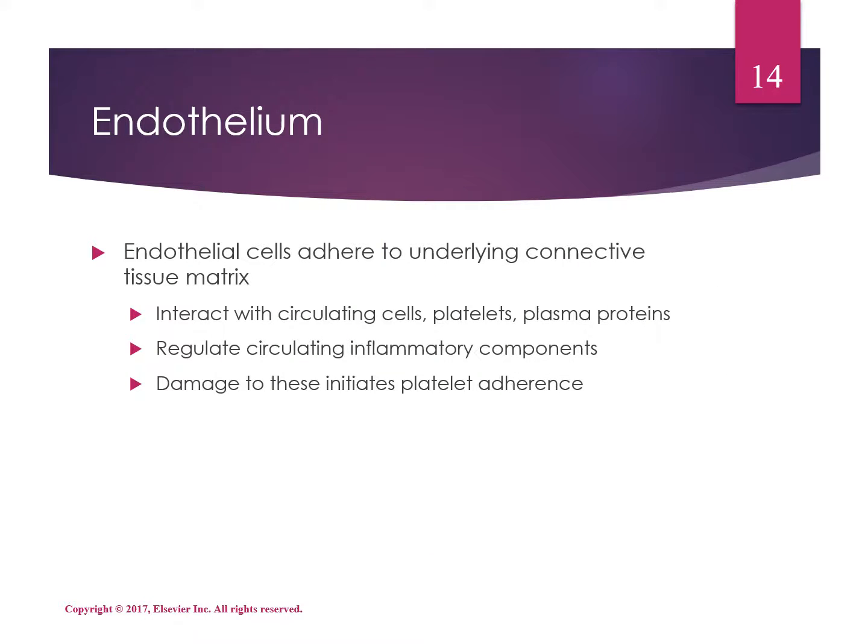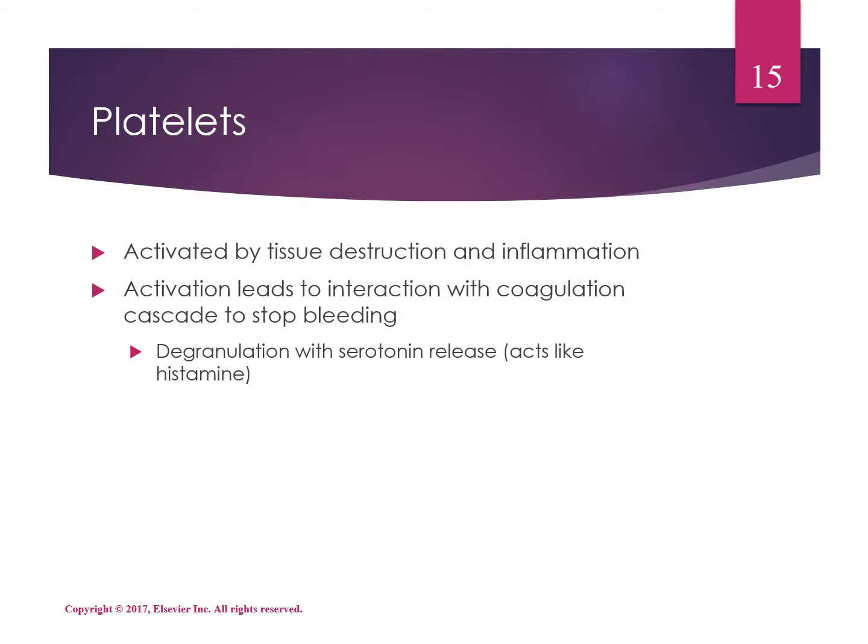When you're talking about the endothelium, your endothelial cells adhere to underlying connective tissue matrix. They interact with circulating cells, platelets, and plasma proteins. They regulate circulating inflammatory components. Damage to these initiates platelet adherence. So, platelets activate by tissue destruction and inflammation. They interact to stop bleeding, degranulate,